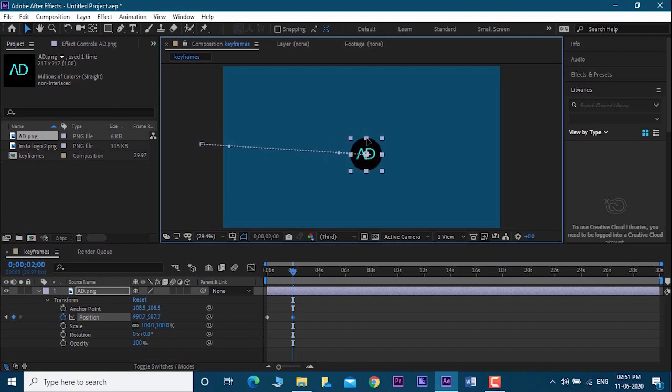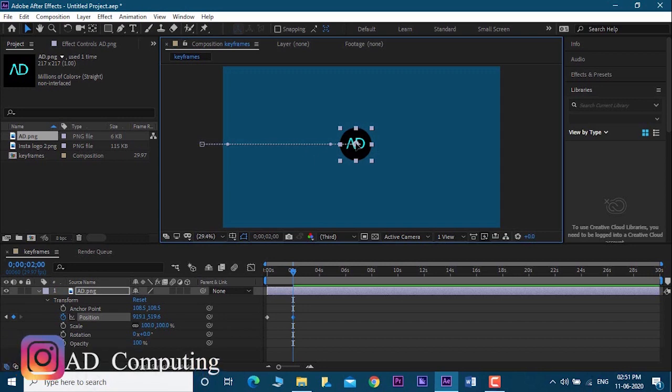Now you can see I am changing the angle, like tilting or slanting. So to animate in a straight path, drag your object and press Shift. Now you can see as I move my mouse cursor, it will not go up and down, it will go only left or right. After that, place the logo in the middle and release the click. So you can see another keyframe is added here.